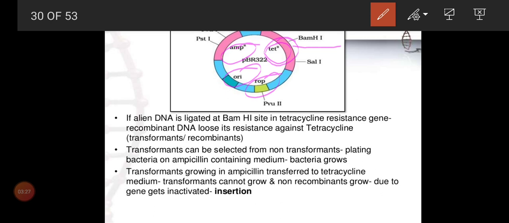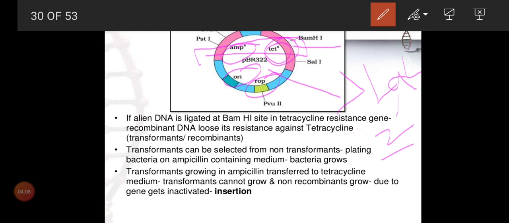gene cloning. And here in this pBR322, both are antibiotic resistant genes. If not, we'll go for an enzyme producing gene also. Here both ampicillin and tetracycline are antibiotic resistant genes. If not, we can go for an enzyme producing gene. What I have explained, LacZ. LacZ is a gene. What enzyme will it produce? It will produce beta galactosidase.